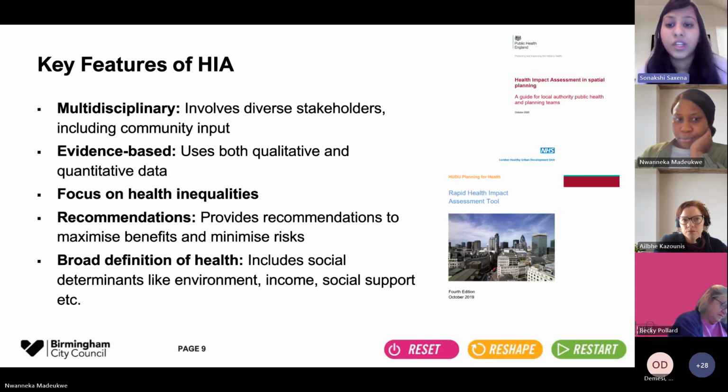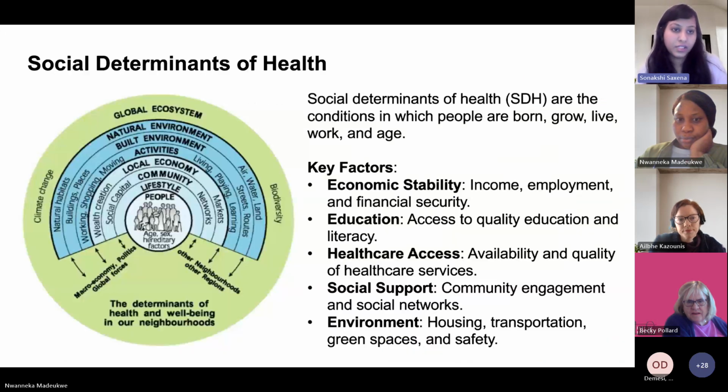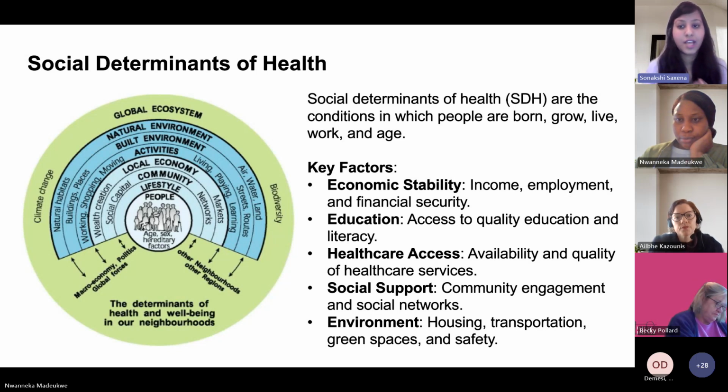It thrives on recommendations for improvement because it provides actionable recommendations to maximize health benefits, ensuring that interventions always lead to positive outcomes. It focuses on the broad definition of health, as I have mentioned earlier. Now, let's move on to social determinants of health. These are actually the factors that have a profound impact on an individual's or population's health and well being. It considers a wide range of these factors to ensure that the health impacts of policies, projects, and plans are